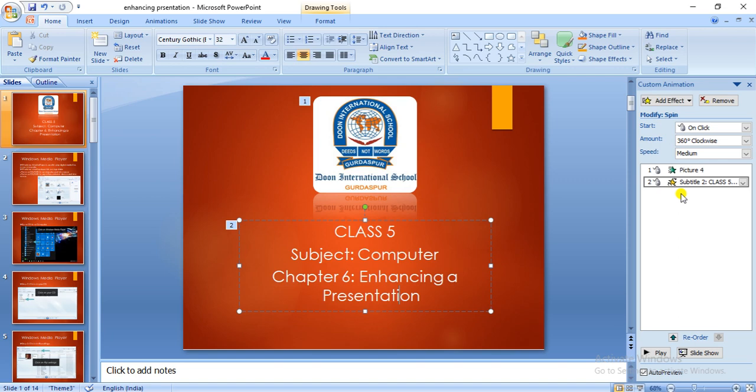So next what you can do, you can click on the start box. If you have the latest version, you can click on the start box arrow in the timing group to specify how the animation will start. If you want it on a click of the mouse, you can click on the on click option. With previous will begin the animation at the same time.